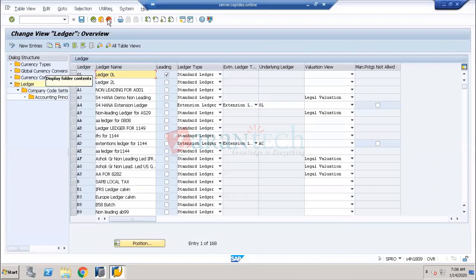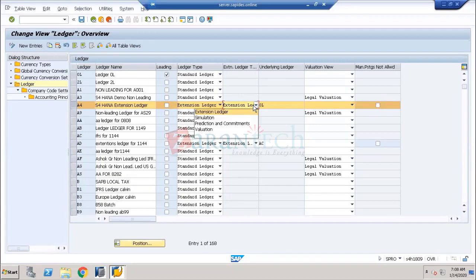Now, this is the 1819 system. And here also, if you see, OL is going to be the standard ledger. Here also, we can see OL is called the standard ledger. So here also there are two types of ledgers, standard ledger and extension ledger. But when I go to the extension ledger, for example, this is A4. A4 is nothing but my extension ledger. Why? Because if you see here, I selected the ledger type as extension, but here the ledger type extension, here if you see here,